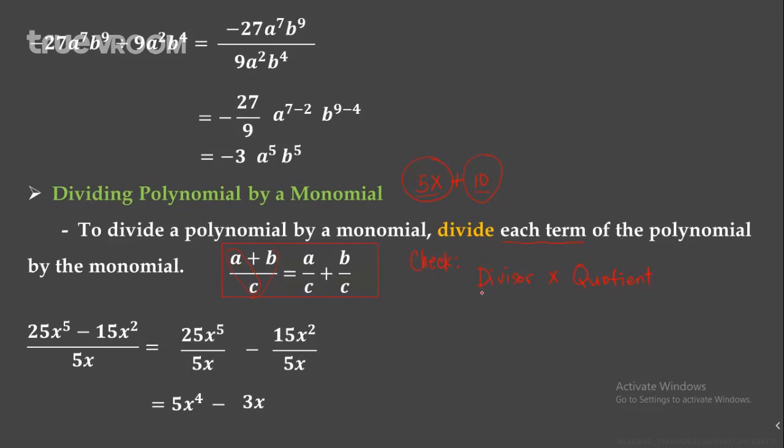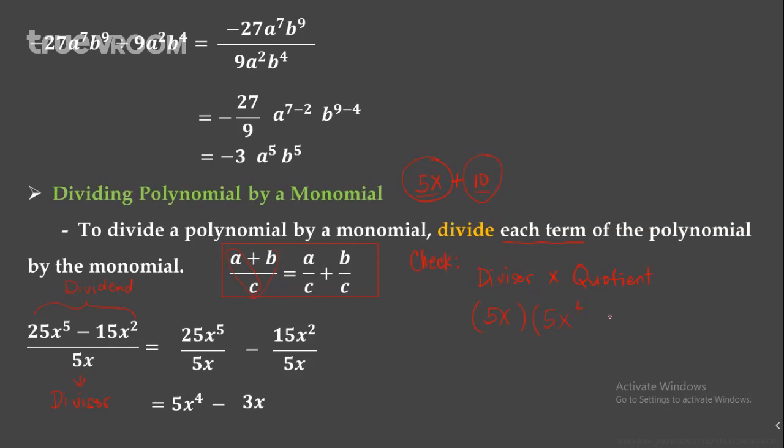Okay, again, when you say divisor, this is the number that you divide to your dividend. So this is your dividend. You divided it by your divisor, meaning 5x is your divisor. So to check, you are going to use the divisor 5x times your quotient, which is